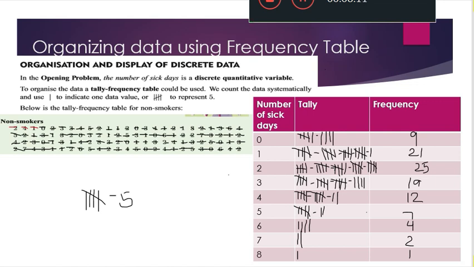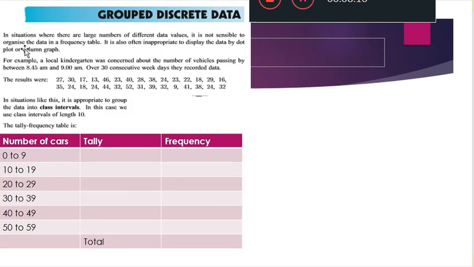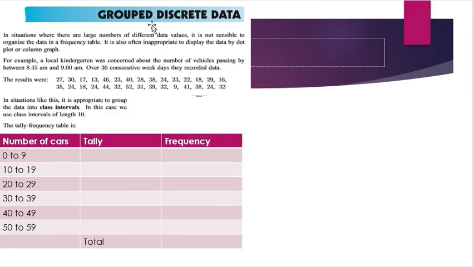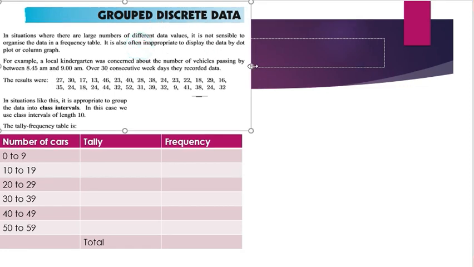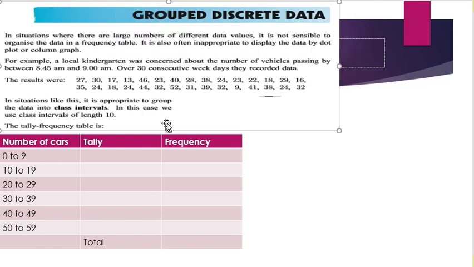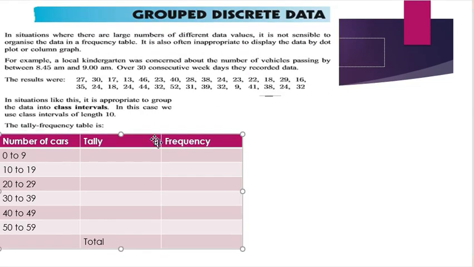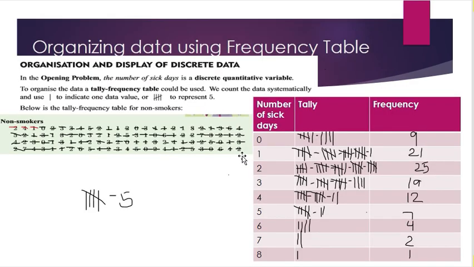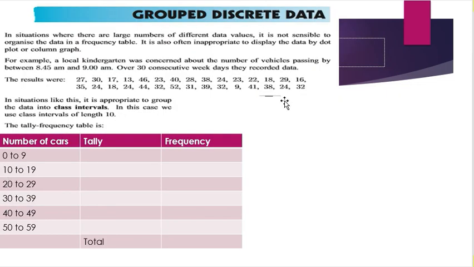What if there's another situation right here. What if we have data which is grouped? So grouped discrete data, meaning our values are actually far apart from each other. The range of each number is quite far, because if we do it the way we did earlier, per number, it will give us a very long table, and that would not be a good way of showing the data. So what you need to do here is,